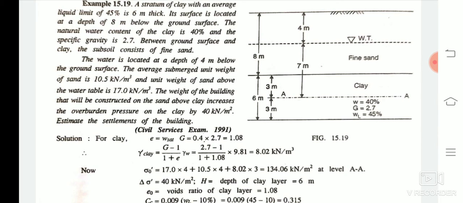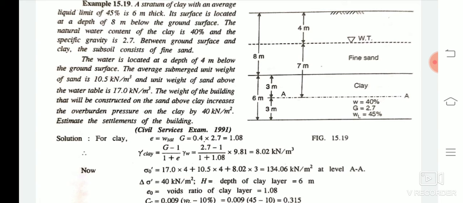Hence, for the first layer, the pressure will be 17 into 4, plus for the second layer, the layer is of 4 meter depth,